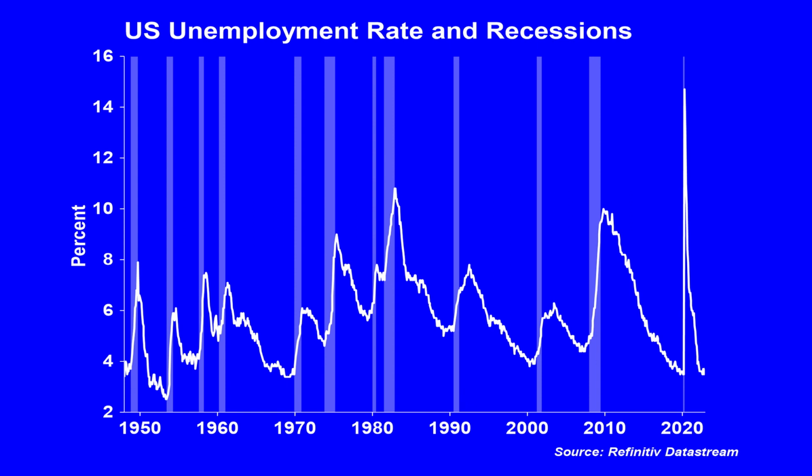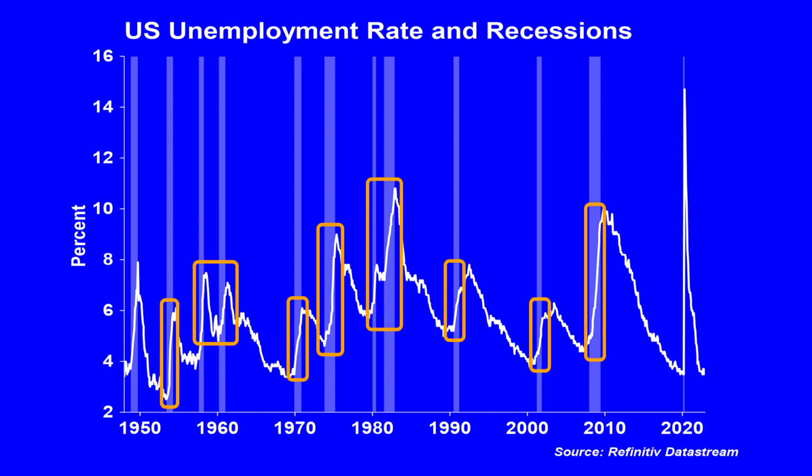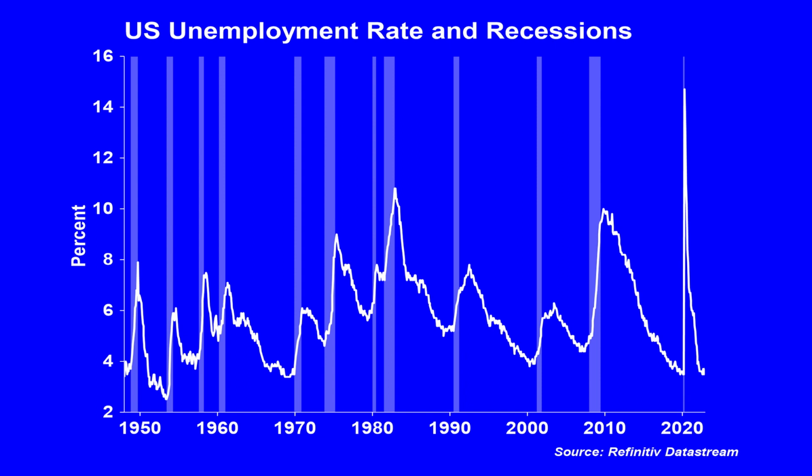But what should really strike us about this chart is that recessions and higher unemployment come hand in hand. So far, we are not seeing a rise in unemployment. In fact, we normally see the big acceleration in unemployment during the middle of a recession. So this suggests that the recession, if there is going to be one, is still some way in the distance. Perhaps there isn't going to be one, but then that brings a problem for the Fed, because the Fed trying to fight price would worry about growth if unemployment doesn't pick up and growth stays relatively robust.